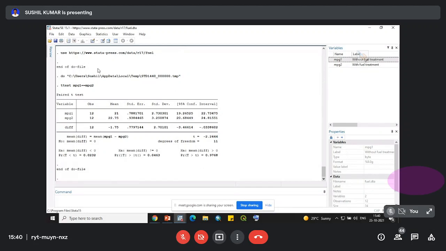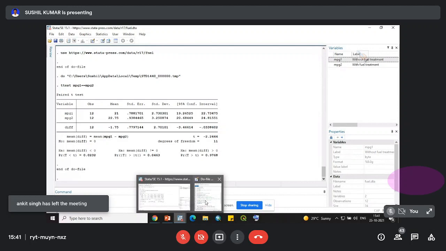Generally, in a paired t-test, we take a scenario before something and after something, which means we include a treatment group. Suppose in a classroom we introduce a new methodology of teaching, and in the old classroom the old methodology is followed. So we can check the t-score to see which method is better or giving more robust results.